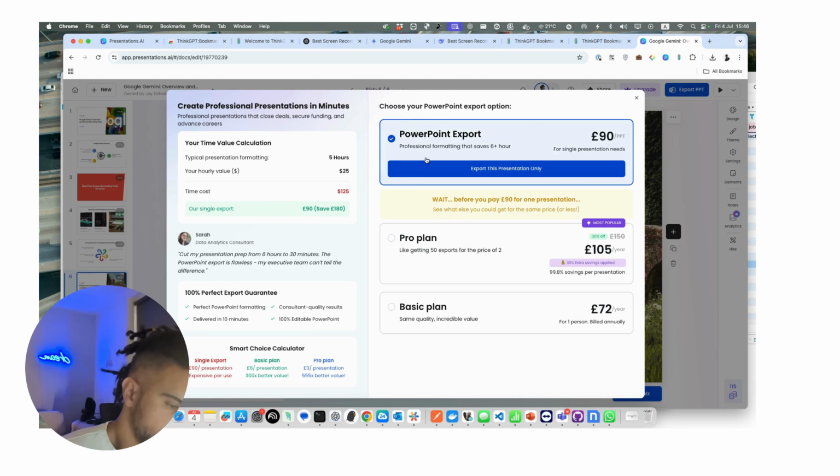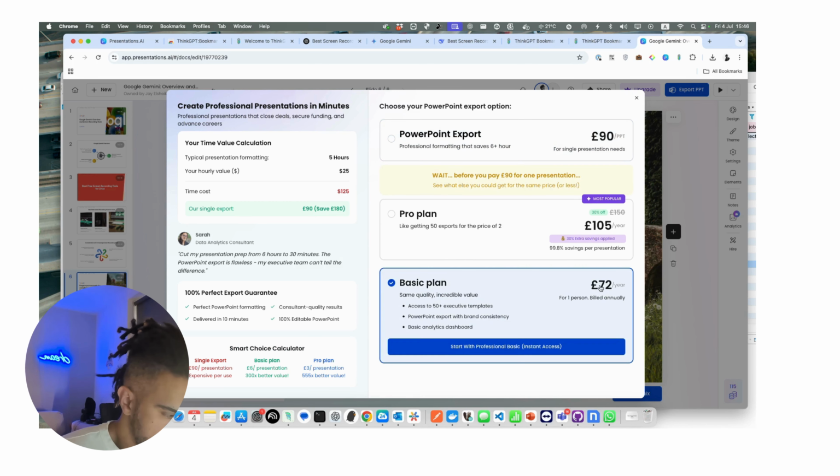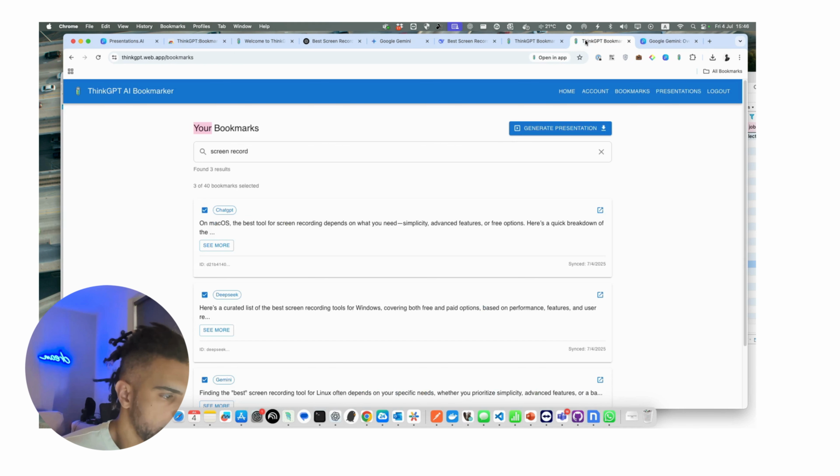Okay. So I think personally, it's a bit overpriced, but they're trying to push for one of the yearly annual plans. I think that's the cheapest one. Let's now compare. So these are the pricings for Presentations AI. Let's go to my own